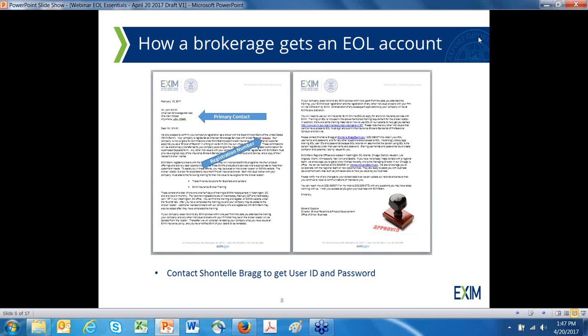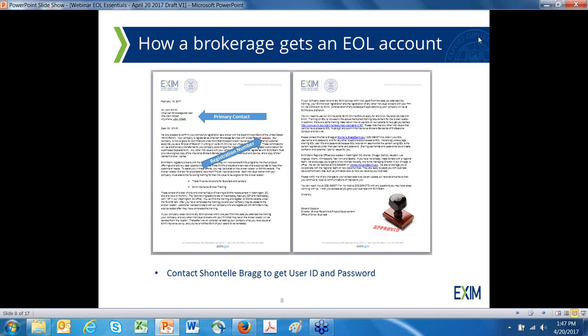And once we've processed that documentation and we're satisfied that it's appropriate to register the broker, you'll get an email from Chantel Bragg, to which will be attached a registration letter, which will be addressed to the primary contact. That would be the person who submitted the application materials. And it will contain the brokerage's registration number, as well as various other requirements related to training and utilization and production and so on and so forth.